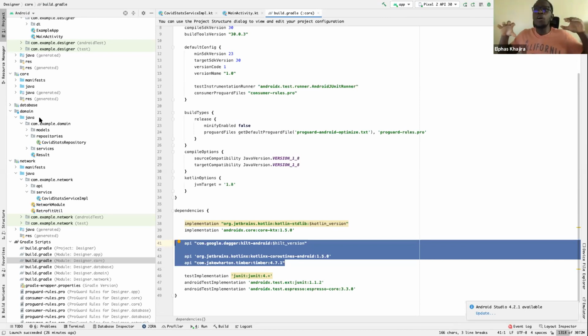So the idea is, if you decide to have an entity model in your database module, it means you can only map from that particular module where that object belongs. Because the moment you slap it with internal, you can't access it outside there. The only one you'll be able to access is the one from the domain, because it's kind of shared across.